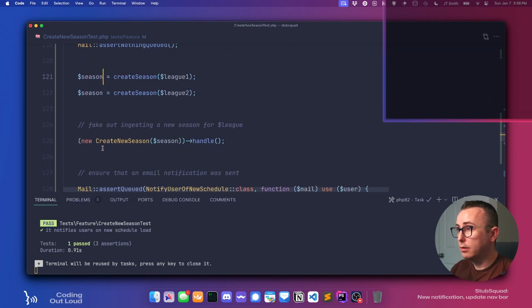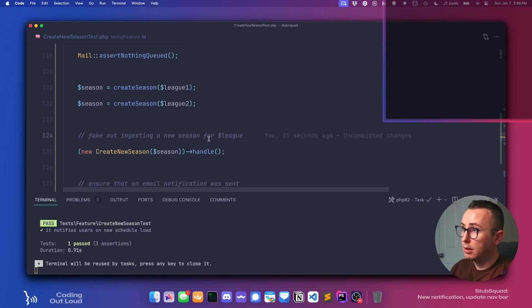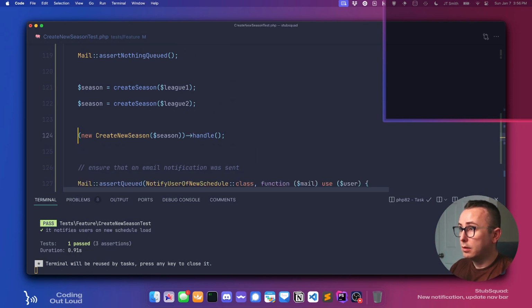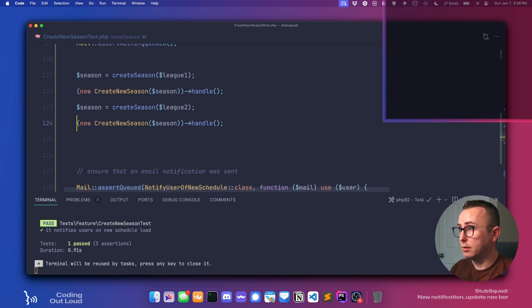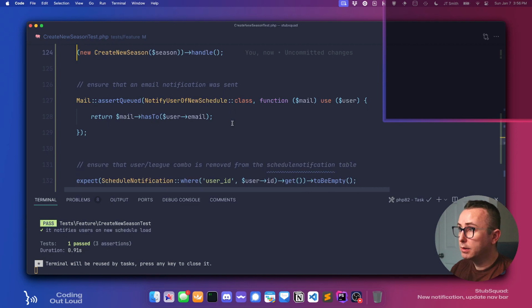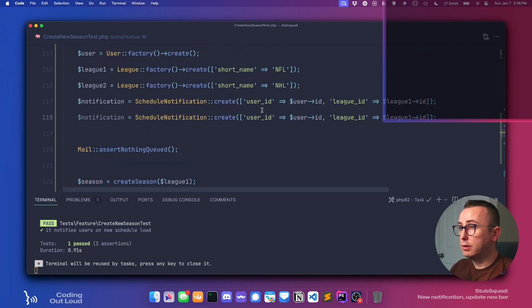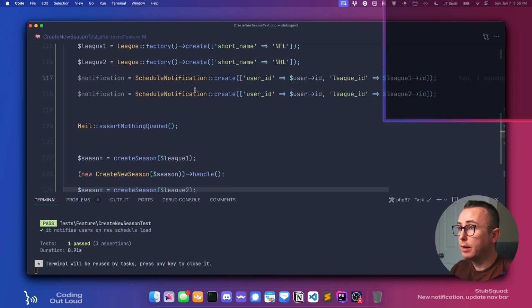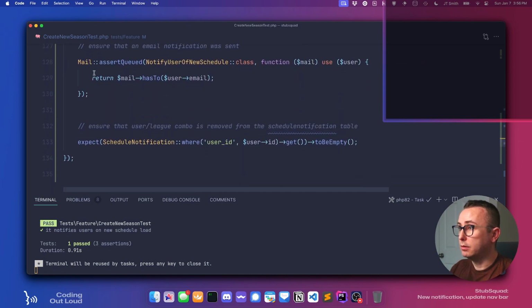League 1, League 2, which one do we care about? So we want to create... Okay, so now we have 2 seasons for 2 different leagues. And we're going to make 2 notifications for that user. So notification 2, notification 1, and we want to